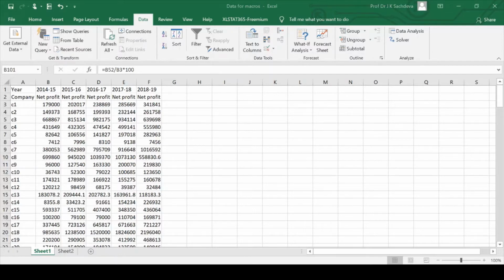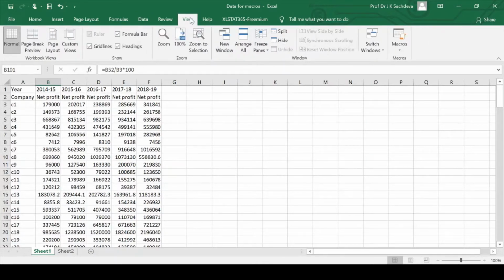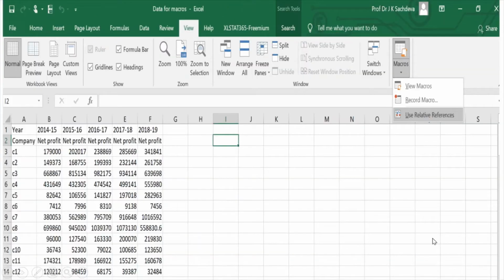So what I am going to do, I am going to go to view and then go to macros. Just see on the macros, I will click on this. To move to a specific cell which you want during the macro recording, use the relative references icon.